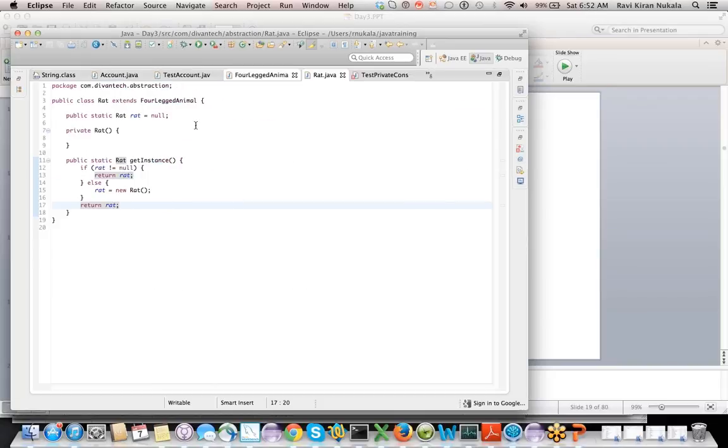See here, why do we need to make this method static? You guys should be able to answer this. The rest I will talk about, but at this point you should be able to say why this needs to be static. Static variables cannot be changed once accessed. No, I'm not talking about this one. I'm talking about why the getInstance method should be static. Come on, you should be able to answer it by now.